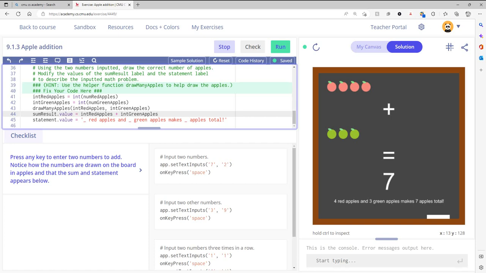They do give us some of that information already. So what we need to do is take this and we're going to put,